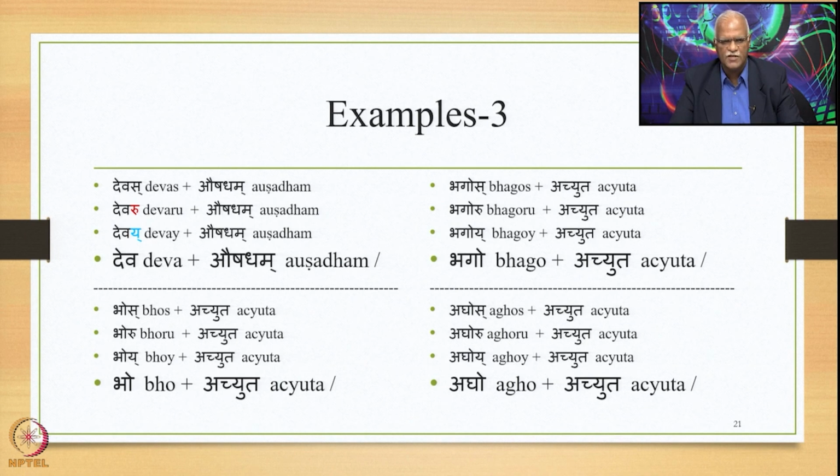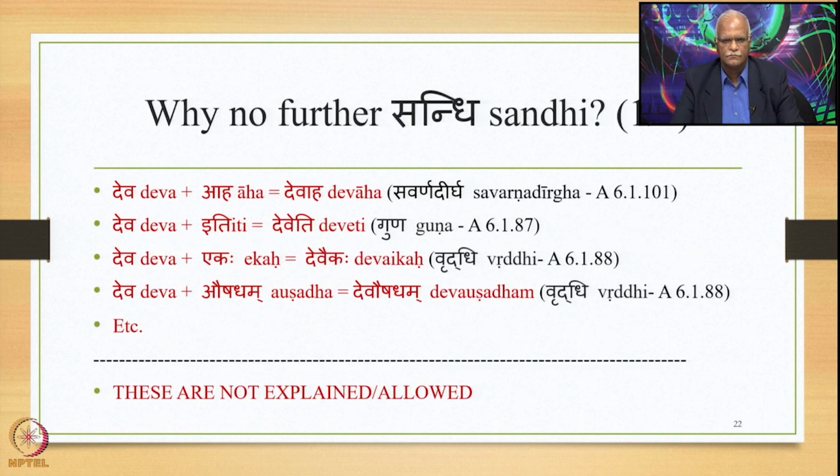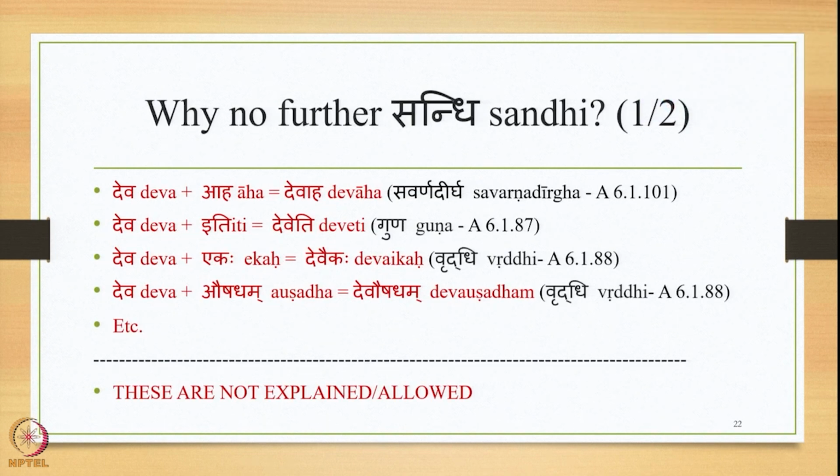Then we have bhos plus achyuta, where sa is substituted by ru, then by ya, and then finally ya gets deleted, so we have bho achyuta. Similarly, bhago achyuta and agho achyuta are the forms that are also derived. The next question is, when we have deva plus aha as the final output, why there is no further